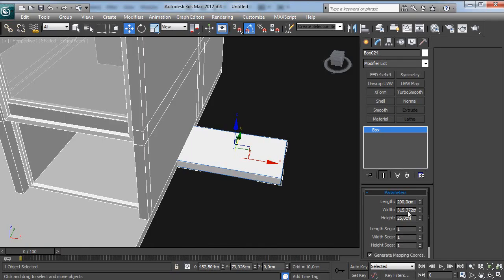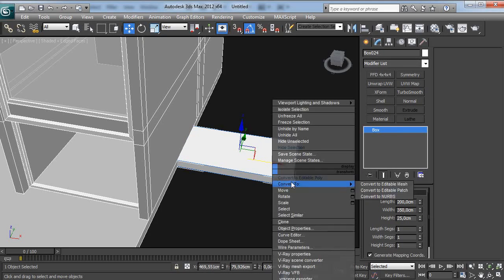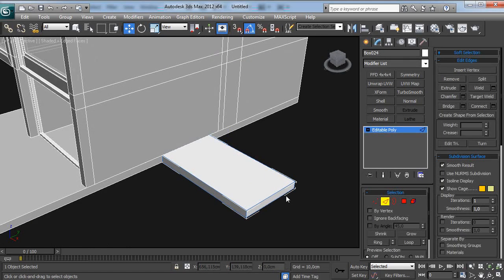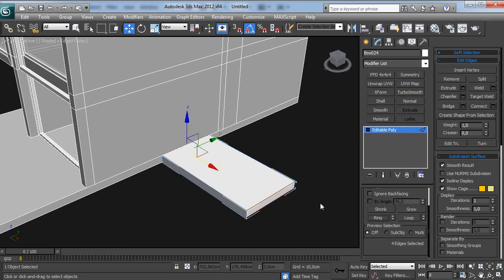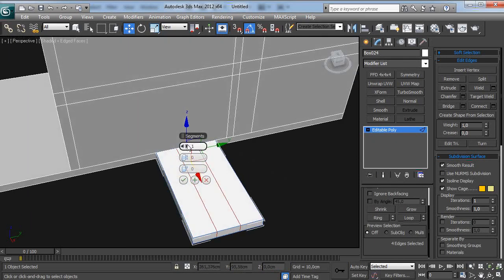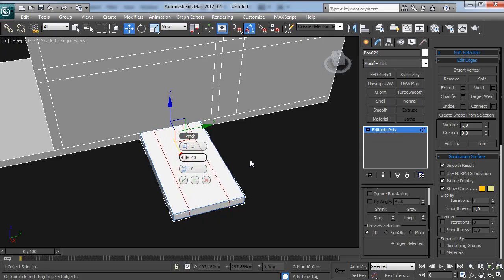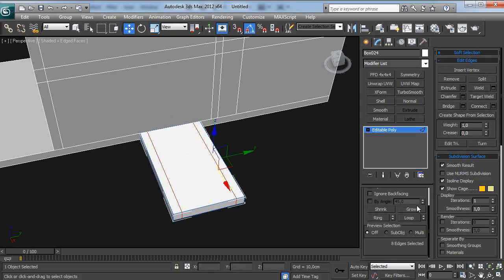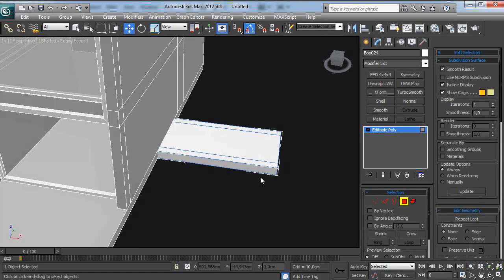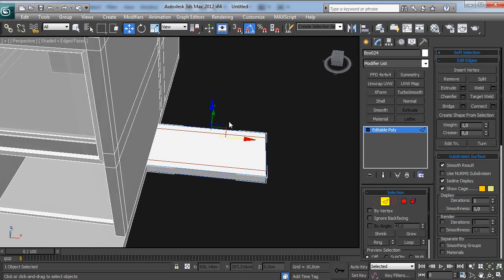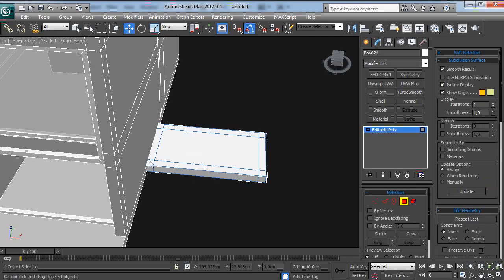Let's actually maybe adjust this width. Okay, so convert to the table poly and again add couple of more edges. Let's maybe actually go with 2 segments and increase the pinch. Now grab those 2 polygons, or wait, actually, let's create 2 more. And now let's grab this and this polygon